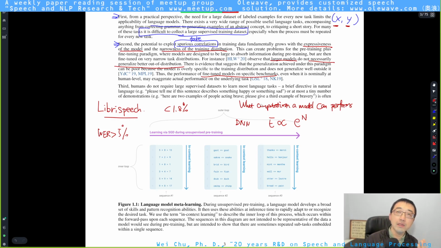But I didn't say that fine-tuning on LibriSpeech was meaningless, because that's also important to test out what's the better model architecture or neural network architecture to model the data in the LibriSpeech dataset. So it's meaningful for algorithms to be compared together on LibriSpeech.